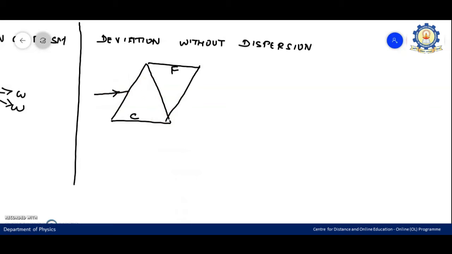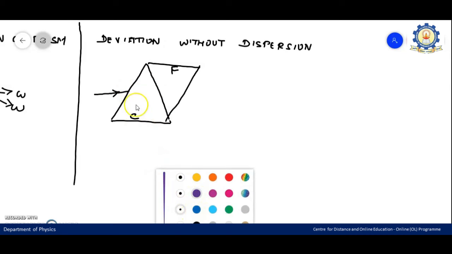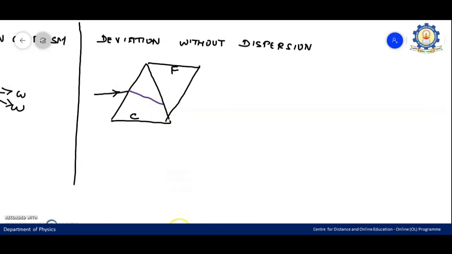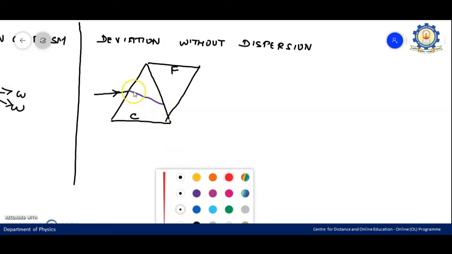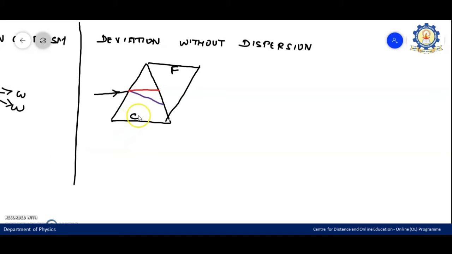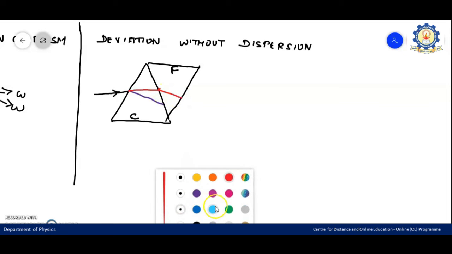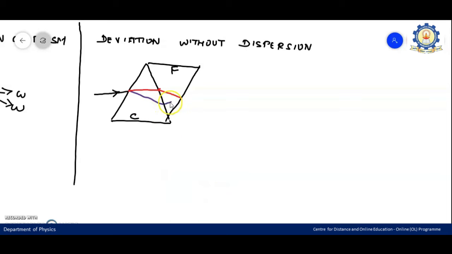The colors get dispersed. So this is the violet ray. I'm going to mark the two extreme rays, the violet ray and the other one, the red ray. So it gets dispersed. When these two go to the flint glass prism, what happens? They just go in a direction like this, and the violet ray will move in a direction like this. So the net result, you can see there is no dispersion. They have deviation.